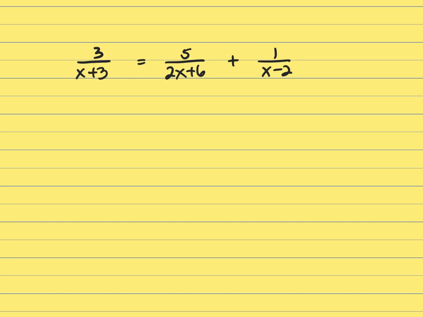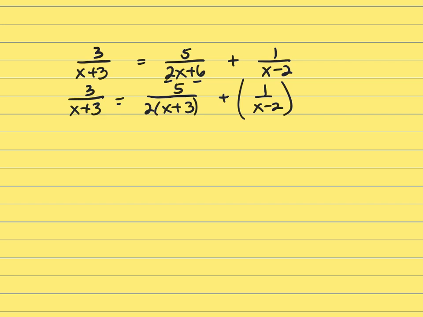To find your LCD, the first thing you need to do is factor all of your denominators. And the first step in factoring is to take out the greatest common factor, and you can take a 2 out of that first fraction on the right. So now your LCD will be a 2, an x plus 3, and an x minus